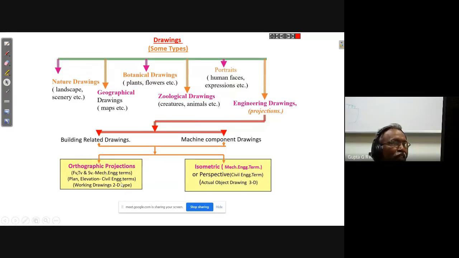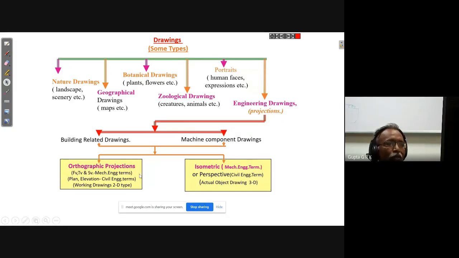So these are the 2D type of drawings. If you see the front view, you will see only two dimensions. I will not see the depth of it, how much behind it, I will not know. If I see the top view, I will not see the elevation. If I want to see all three dimensions, at least two views are needed. Sometimes two views will not give the complete idea, right? I need additional views to have some more details. At that time, we use what are called side views. This is the way we do orthographic projection.